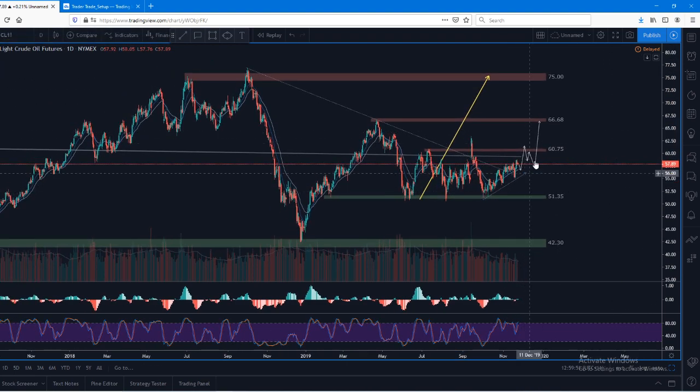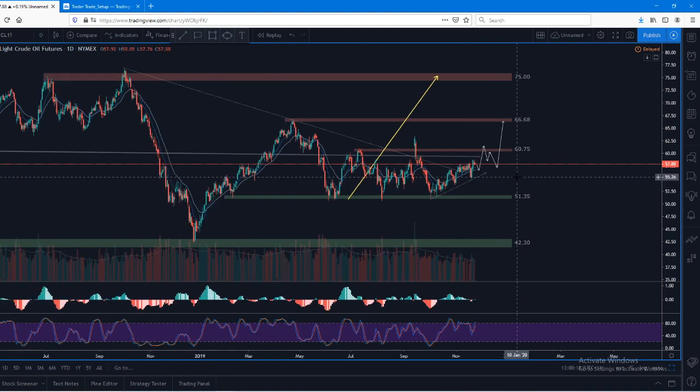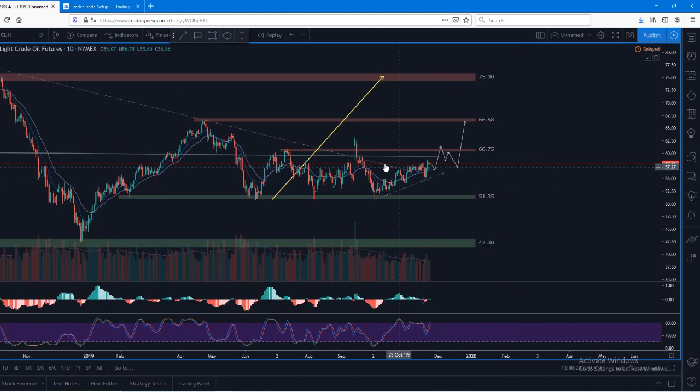So that's my theory. This is what I'm looking for anyway. I don't mind to see if it could pop up through 60.75. I expect it to flush it out. I don't take much notice of this because that was on the back of fear. It did clean out a few stops that might have been placed above 60.75 when it gapped up, cleaned them out. But then anyone that wanted to re-establish a short has done that with this move back down to 51.35. But then as we start to gradually hold these higher levels, with this grind up, especially if you break out of that contraction,